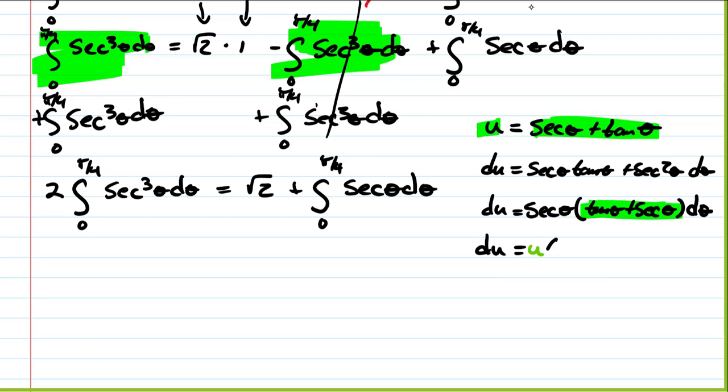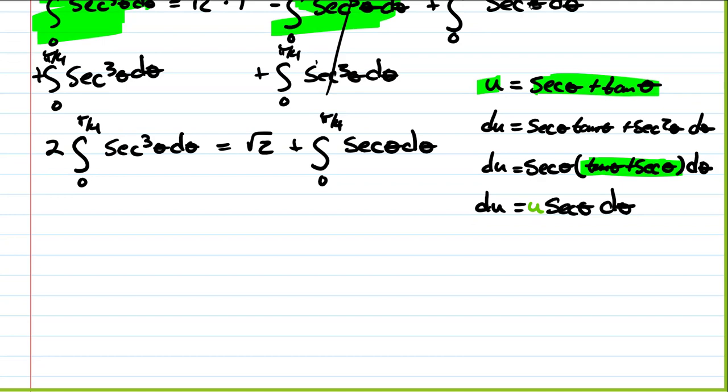times secant theta d theta. So then finally, d theta would be equal to du divided by u times secant theta. So we're going to substitute that into our integral, but we need to change our limits